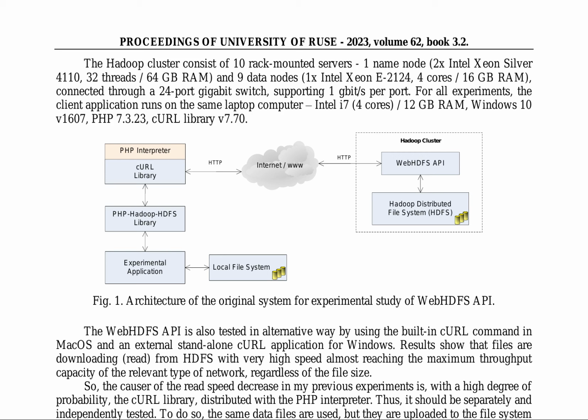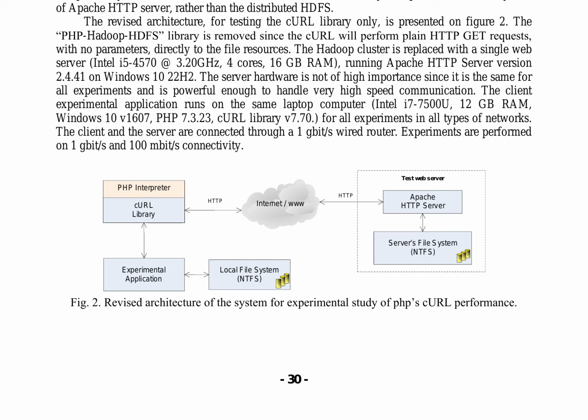Initial experiments reveal that files are downloaded from HDFS at high speeds, nearly reaching the maximum throughput capacity of the network, regardless of file size. This indicates that the cURL library distributed with the PHP interpreter is likely the cause of the read speed decrease in previous experiments. To further investigate the cURL library's performance, a revised architecture is proposed, where the PHP Hadoop HDFS